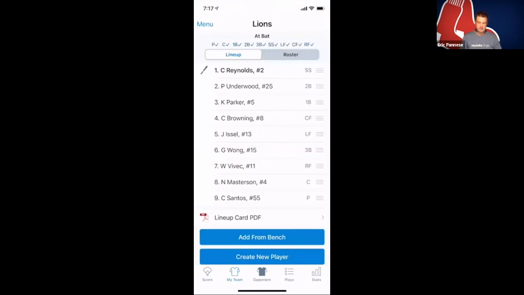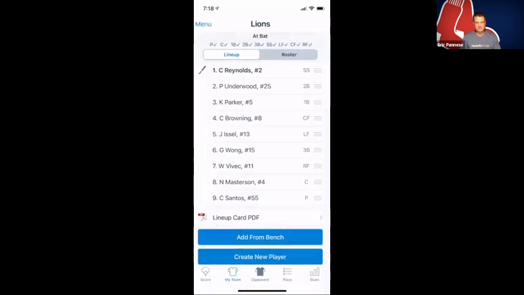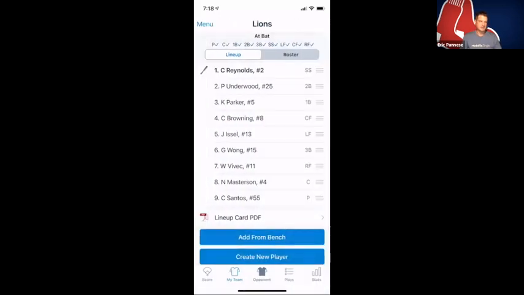And so in most cases, if the roster is empty, you tap add from bench. The bench will have all the kids on the roster. And you can actually tap them without even tapping out of the screen. If you just tap them in order, it actually adds them to the lineup in order. So it actually just takes seconds usually to do it. And then